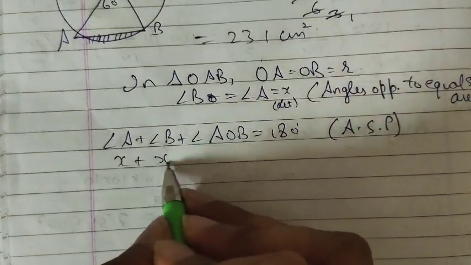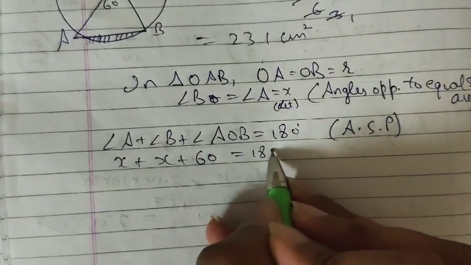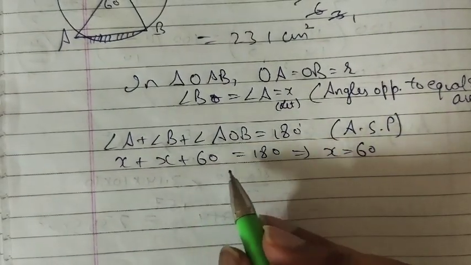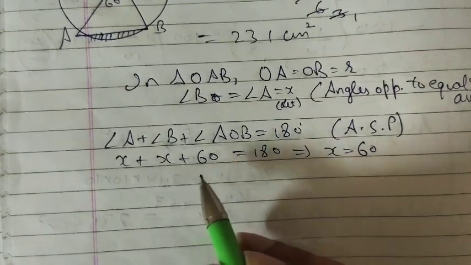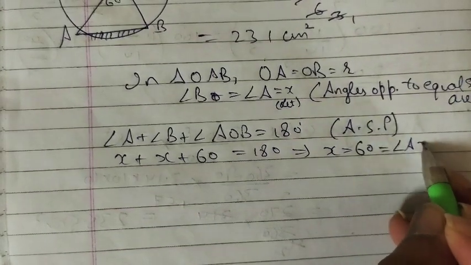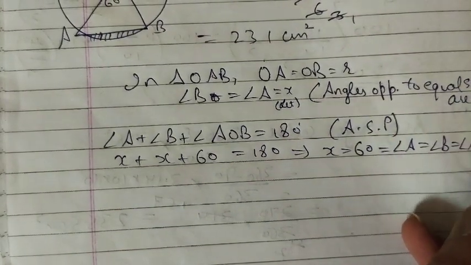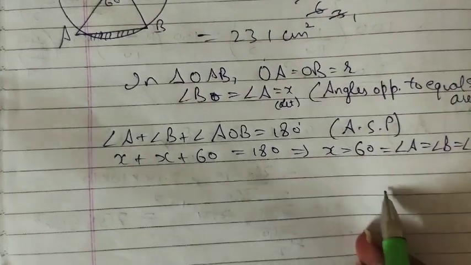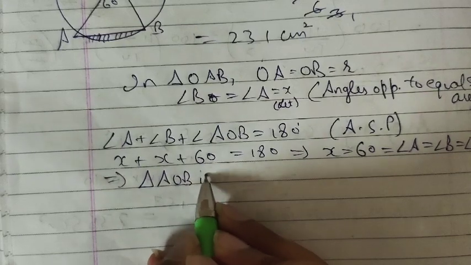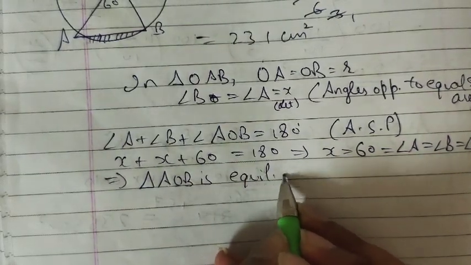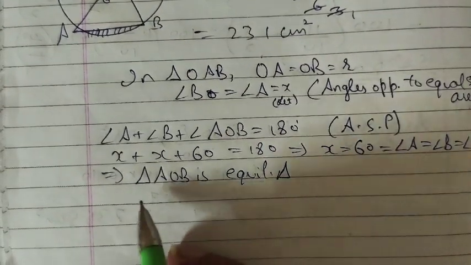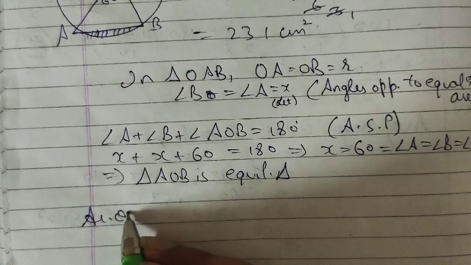So x plus x plus 60 is equal to 180 degree. 180 minus 60 is 120, 2x is equal to 120, so x is equal to 60 degree, right? So angle A is equal to angle B is equal to angle AOB is equal to 60 degree. That means all three angles are equal. This implies triangle AOB is an equilateral triangle. Now, since triangle AOB is equilateral,